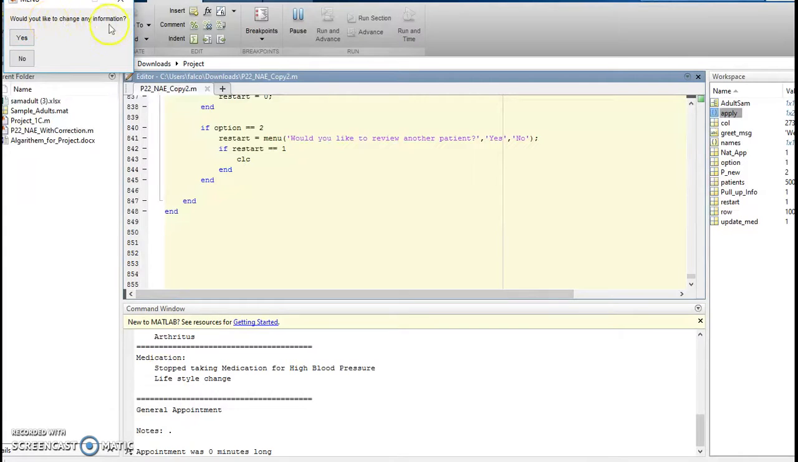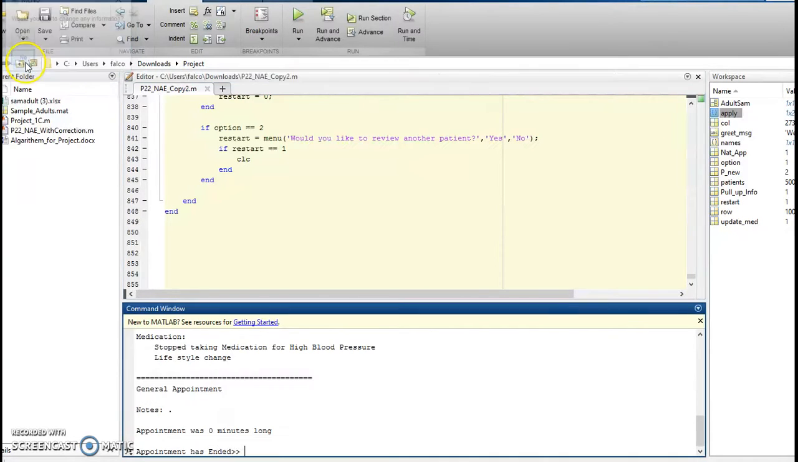Would you like to change any information on the patient? If they click yes, they could change whatever they wanted to, height, weight, even race. We're going to say no, and the appointment